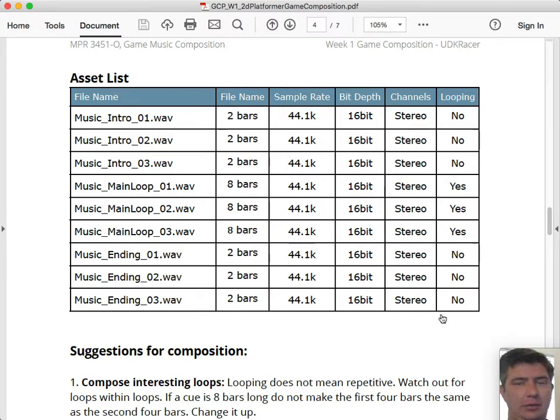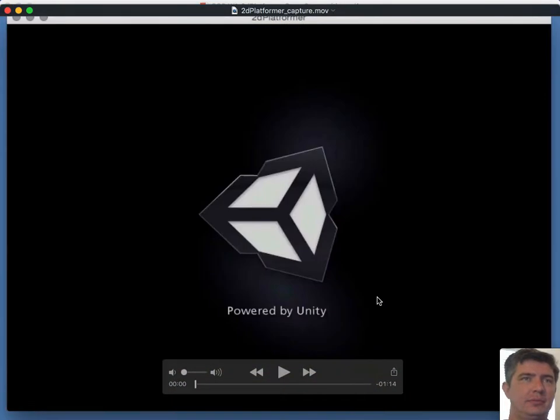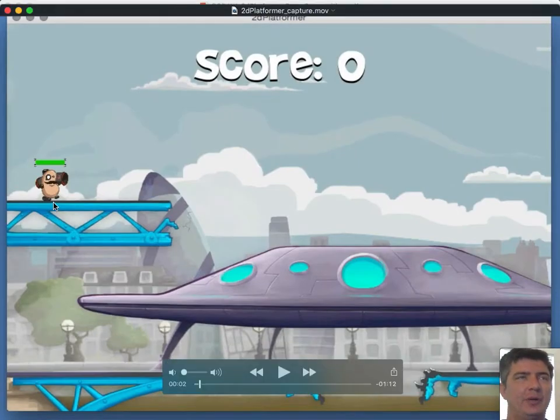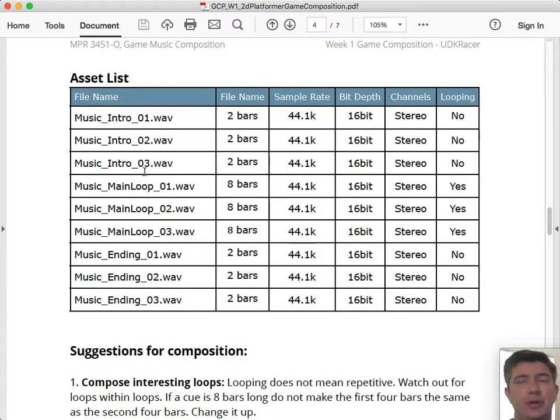So let me jump over here and give an example of how this works. When the game starts, the music starts as soon as Mr. Bean here drops down to the platform. Music starts, game starts at that point. The game is running on the computer, and the computer says, okay, the game has started, what do I do? And the program looks at the code and says, okay, it says here that when the game starts, there should be 3 intro files. You're going to randomly choose one of those intro files and play it.